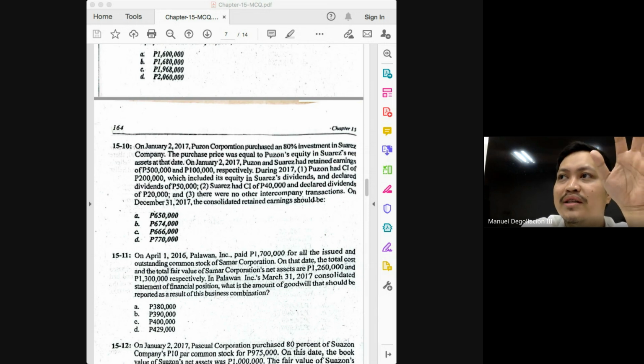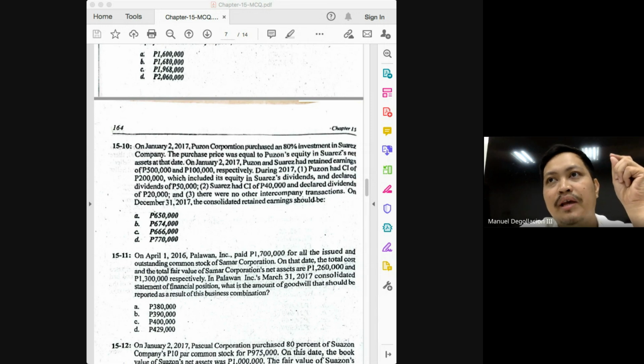There's one more thing. What was the other thing, class? Deduct the dividends declared and paid by the parent. Okay? Remember the 16,000, class? The 16,000 share dividend income of the parent. Where did we get this one? We got this from the dividends paid by the subsidiary. Okay? And this is where there may be an overlap in the terminologies. But if we are trying to solve for the ending RE of the consolidated entity, whose RE are we going to be deducting from the beginning? Whose dividend declarations are we going to deduct from the beginning RE? The declarations of the parent.